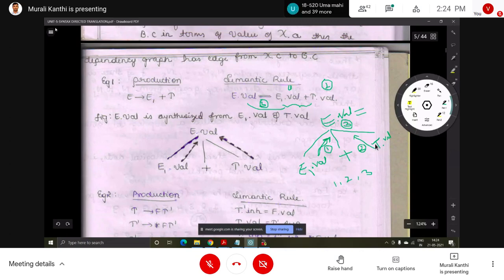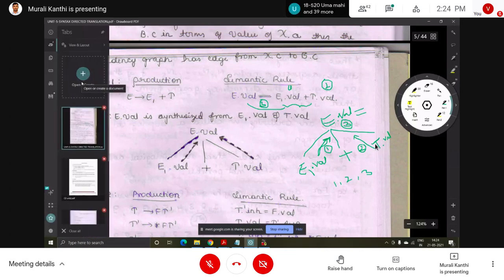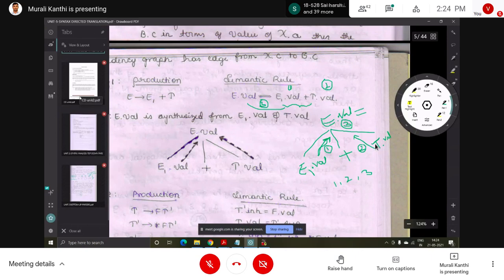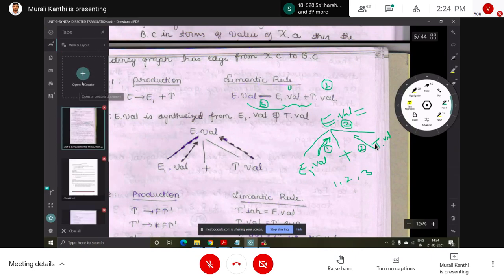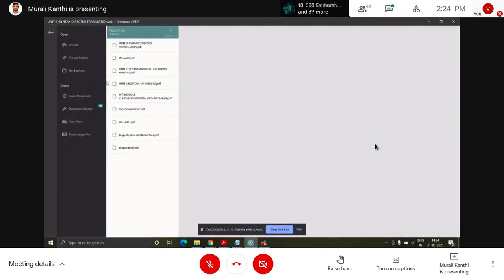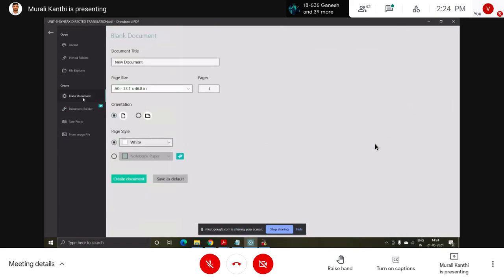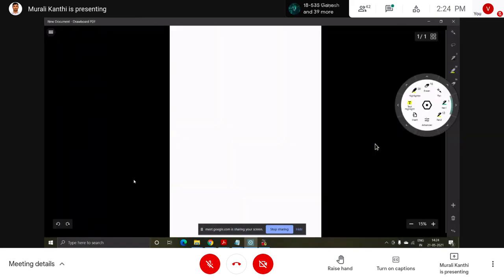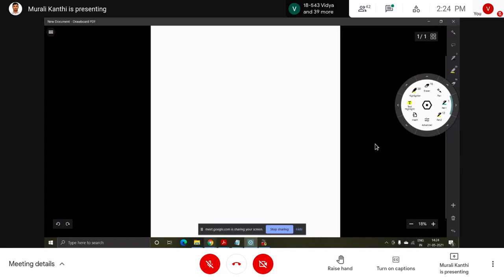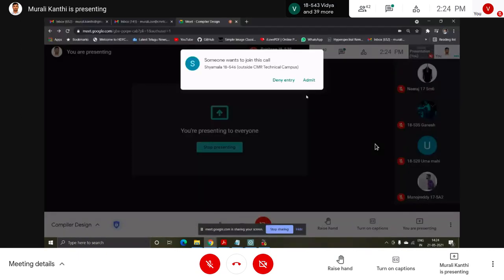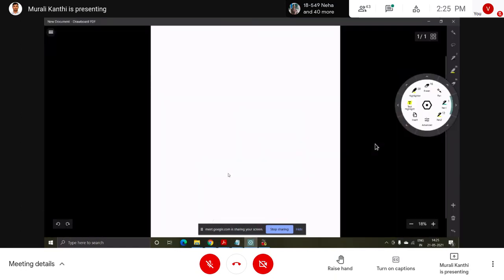A simple example for this. For the first grammar, the production, and next to it the semantic rule.